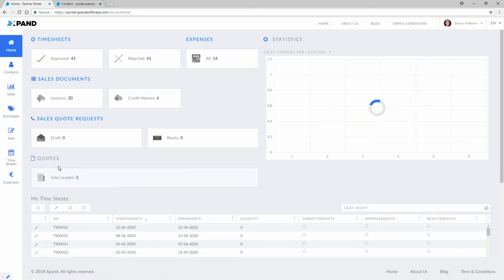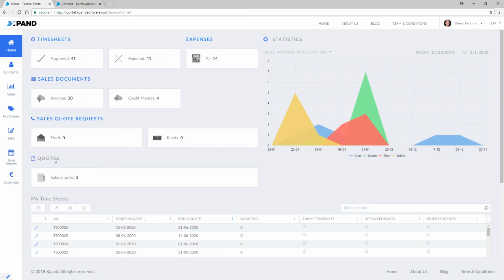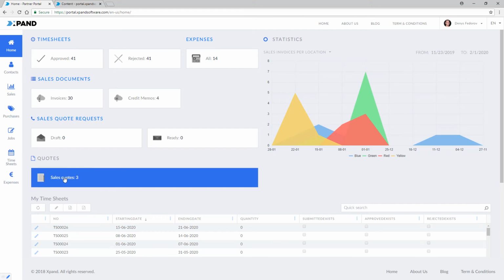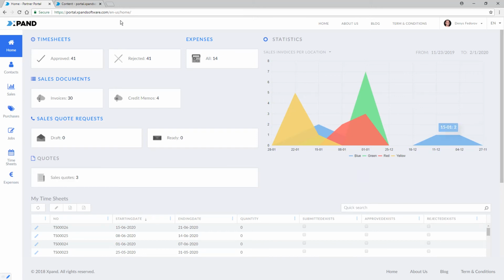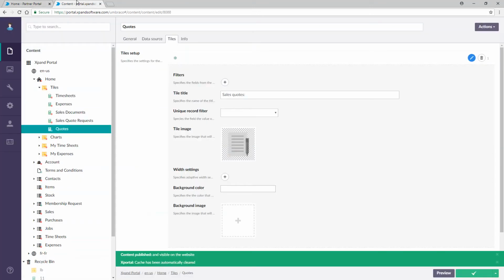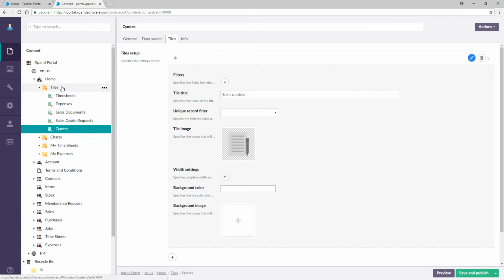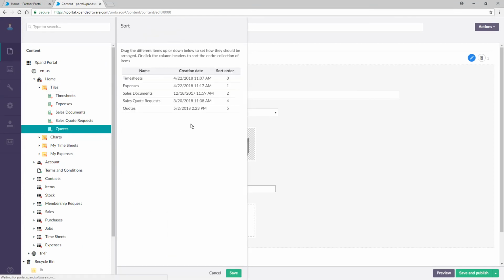Now you can see our qtile block already contains a tile and it already displays some data which is taken from the data source. But let's continue with our customization and change the sorting of all these qtiles here so that our new qtile occupies this available space here. To do this, I'm going to right-click Tiles, choose Sort, put quotes after sales documents,